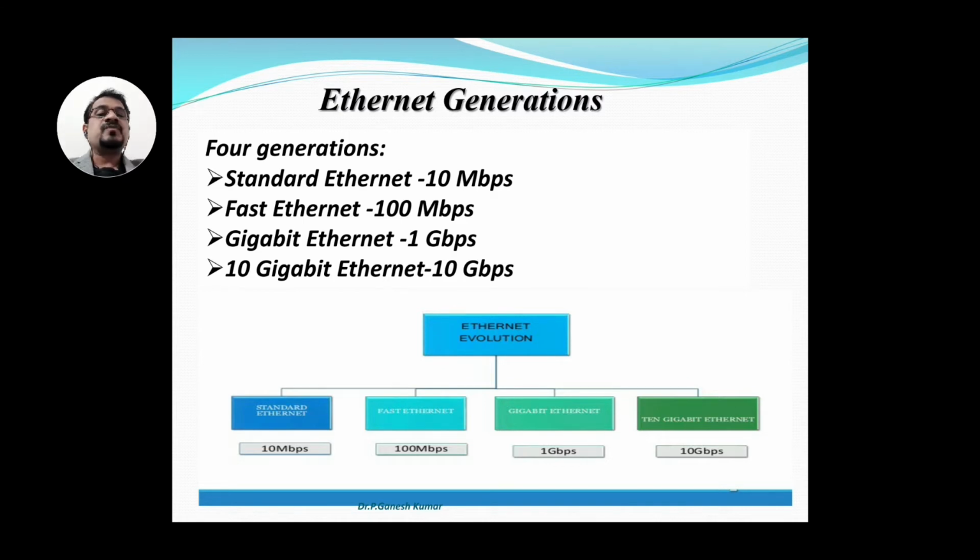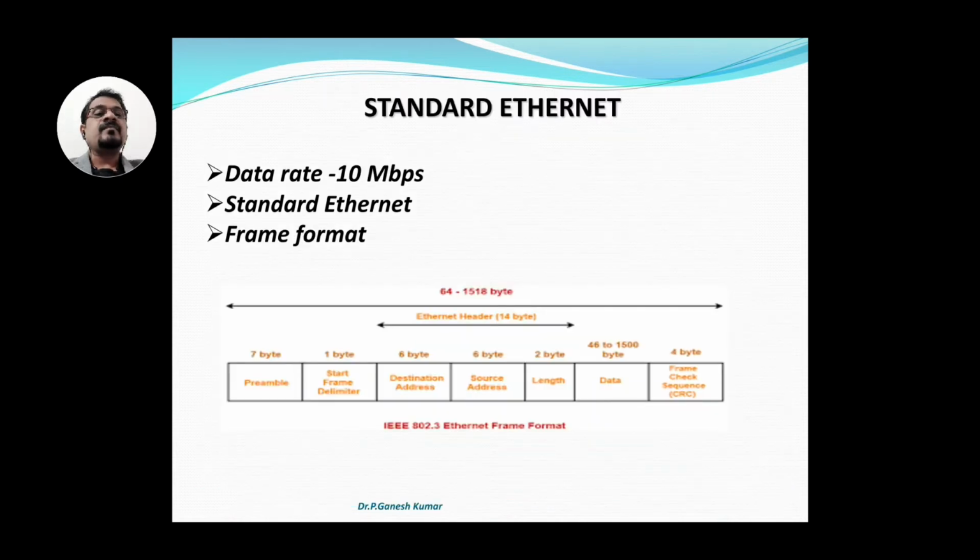If you look at that, every generation gives around 10 times, a tenfold increase in data speed. So: Standard, Fast, Gigabit and 10 Gigabit Ethernet. Now let us start with Standard Ethernet. We know that Standard Ethernet supports a data rate of 10 Mbps, and